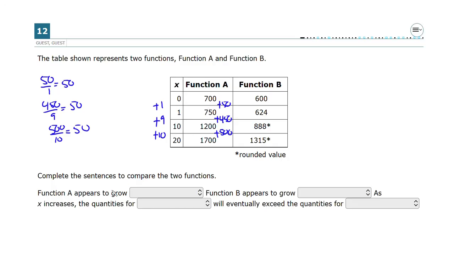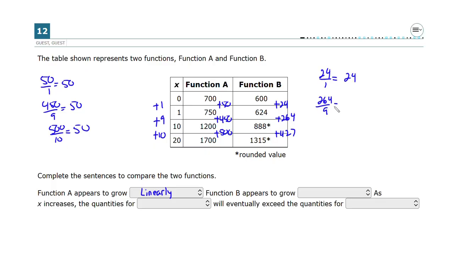So function A appears to grow linearly, and you would select this from a drop-down list. Now, how about function B? So if we take a look at function B, the change here for function B is plus 24, plus 264, and plus 427. And when we make these fractions, 24 over 1 equals 24,